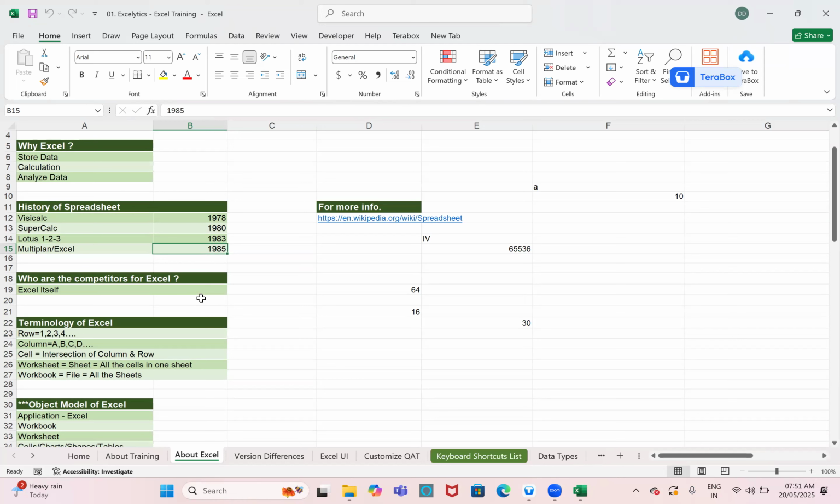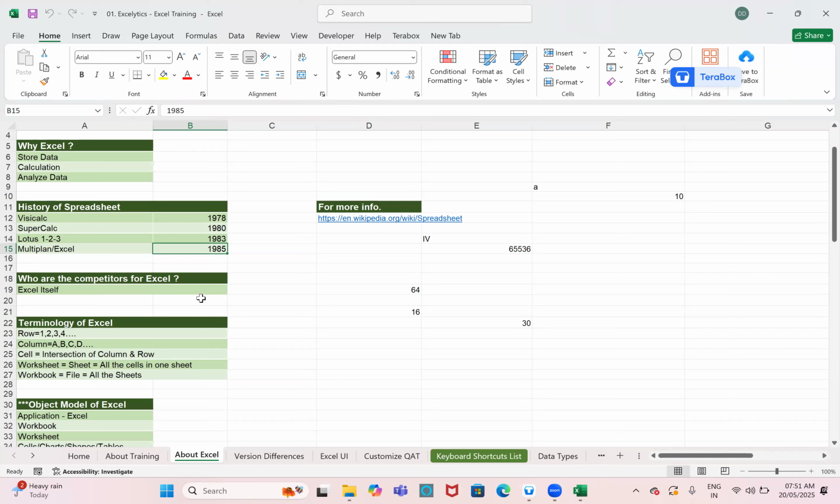Some filter option related formulas also they are adding to get unique values. So every time they are adding more options from version to version. Okay, that's why we call them competitors. Excel is the competitor itself. Okay, next,